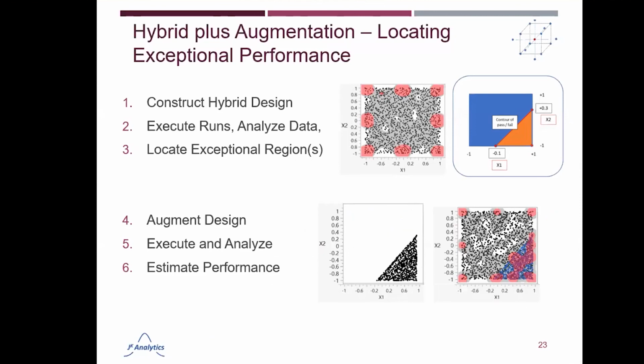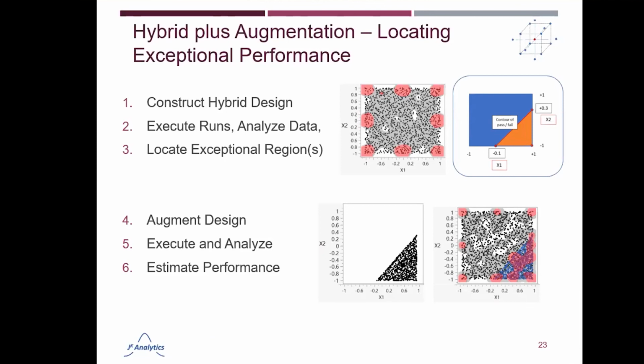One thing else maybe we could do is, if we take that hybrid design, we could maybe add runs or points to it. So the hybrid design here in 2-space is a lot more points than we showed you a couple of slides ago. So all these little dots are points, and then the red densities here are showing that we have the I-optimal points as well. So a whole bunch of points, and then maybe augment this after we analyze the points and see that